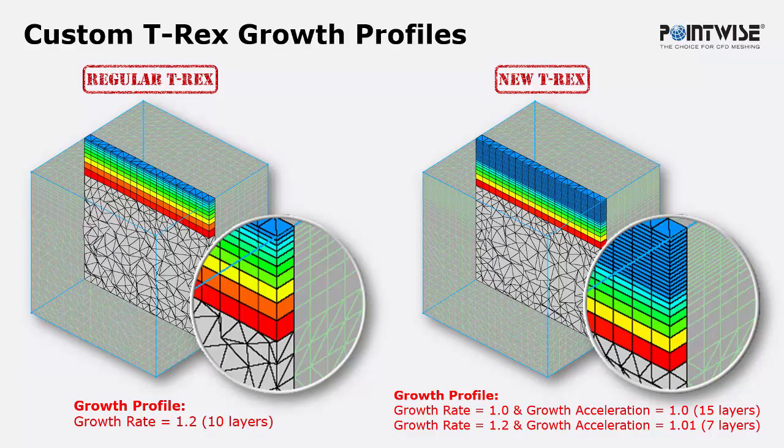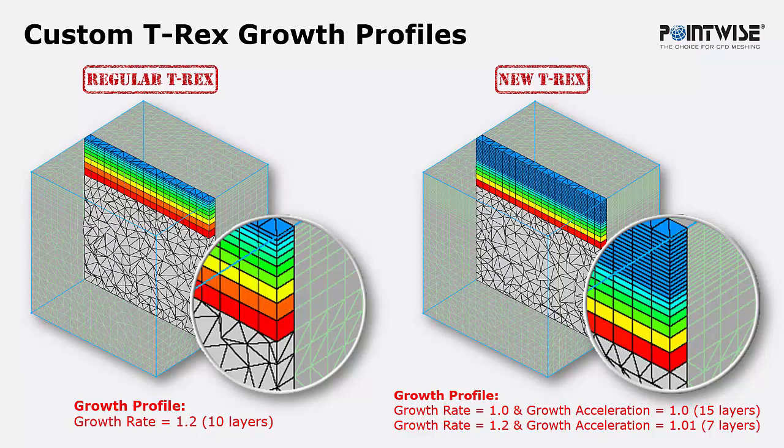To illustrate the concept, we will create a custom T-Rex profile consisting of the following distribution. 15 layers with constant height, which means a growth rate of 1.0 and a growth acceleration also of 1.0. And the next layers will have a growth rate of 1.2 and a growth acceleration equal to 1.01